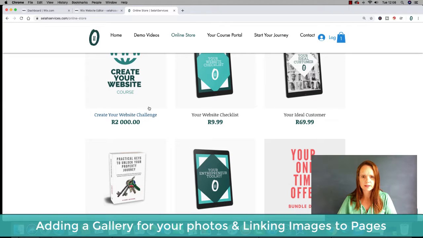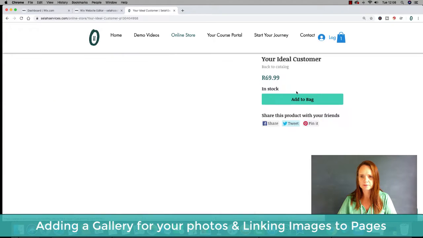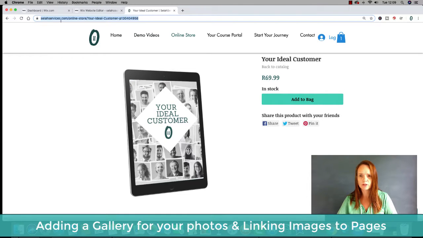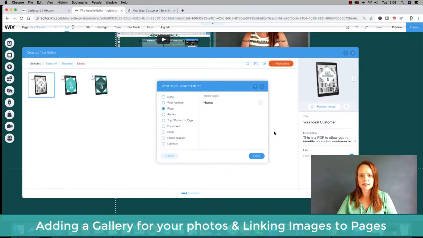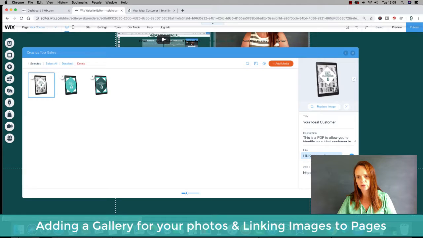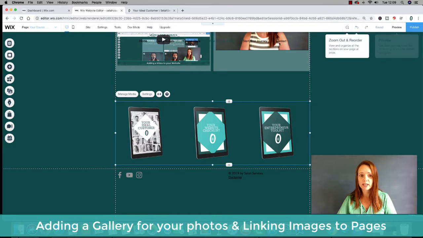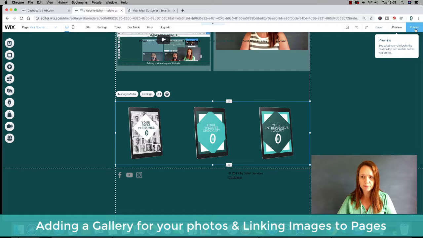Okay, so your ideal customer. That's the exact page I want them to go to. So I go back in here, I click web address, and I put that exact page. Now it will go over here. Done. So that, and not only when I preview it, but when I publish it,